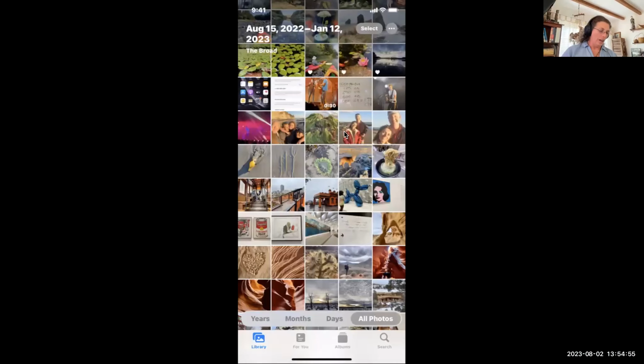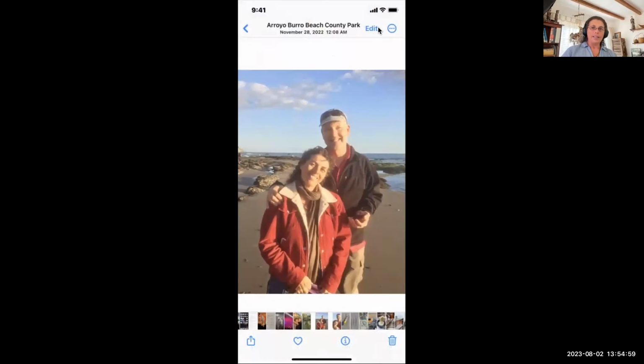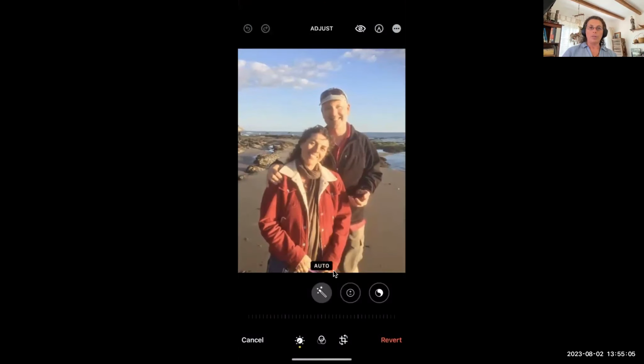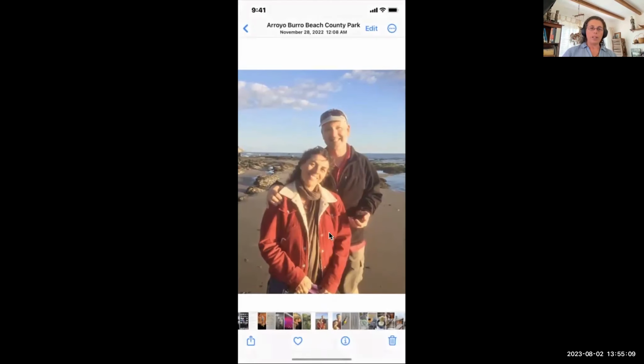There we go. Okay, so this is what I've been trying to show you. So now if I select a photo, right? See how now it's showing me everything? This is the edit where I kept saying you hit the edit right there and you go into edit mode. So now I'm going to cancel because I don't want to edit, but what I wanted to show you is this other feature, which if you have a photo that has a subject like this,